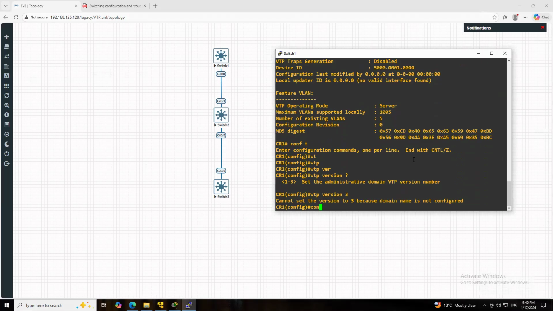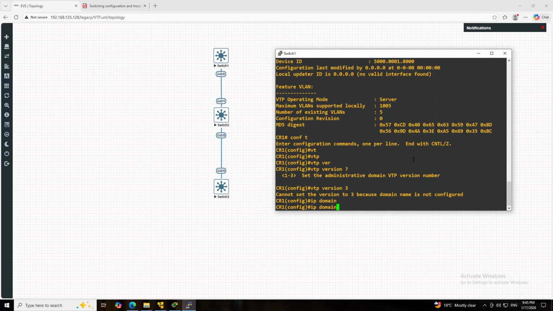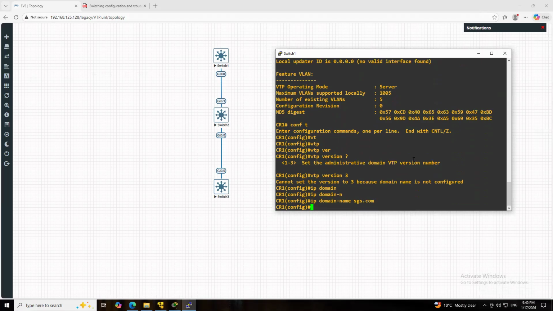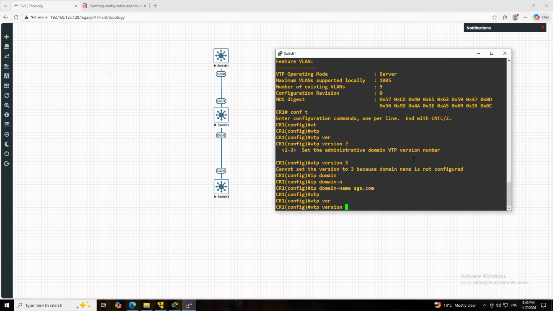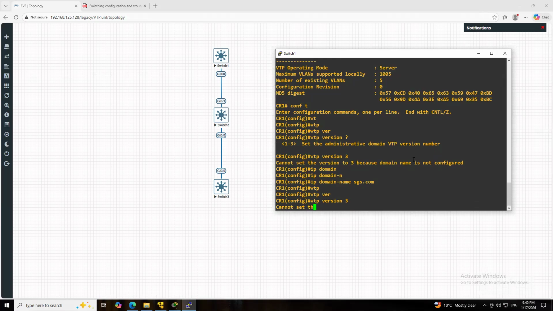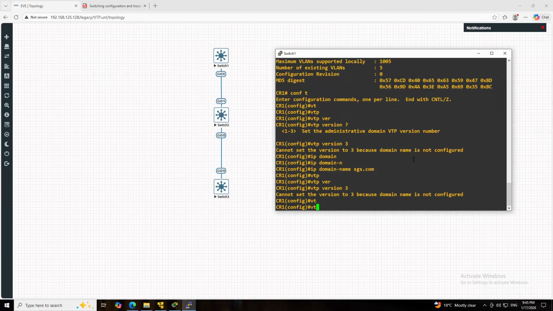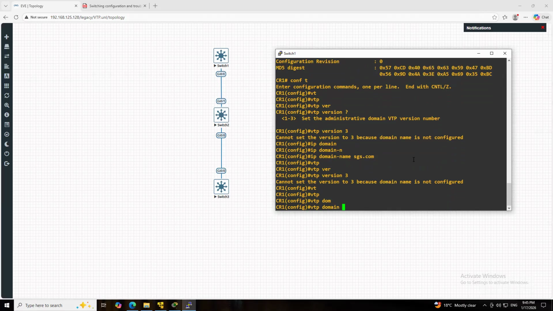Okay, first we have to configure the domain name. First, we have to define the VTP domain, sgs.com.